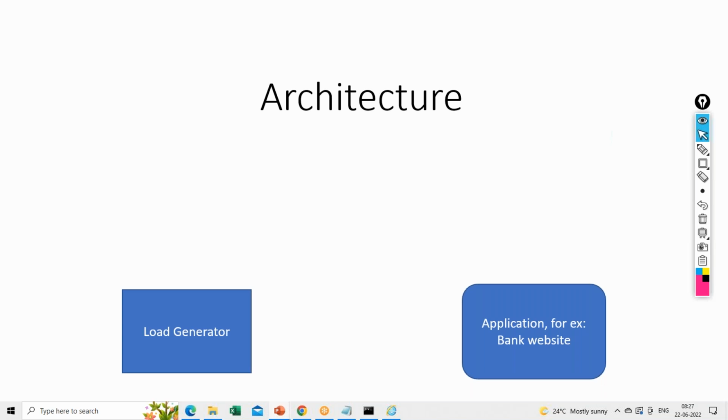Now when you have a component which is able to simulate users for you, then what else do you need? You need a component which will help you to test the functionality. For example, what are the critical functionalities in the bank application, guys? Let's say the first critical business functionality in a bank application is all about transfer money. That means users should be able to transfer money, which is the most critical business transaction. So if you want to test the performance of this, how fast a user is able to transfer money,